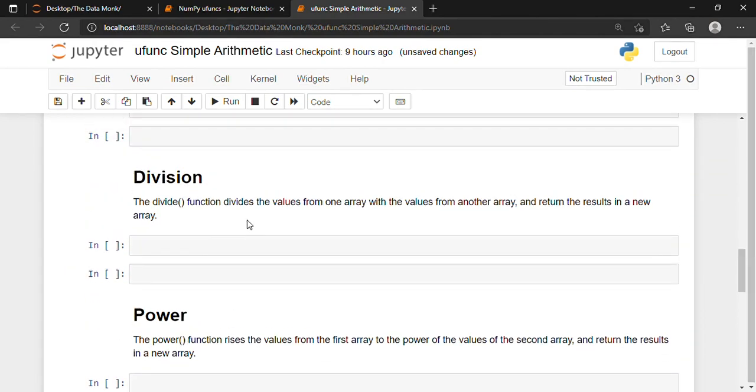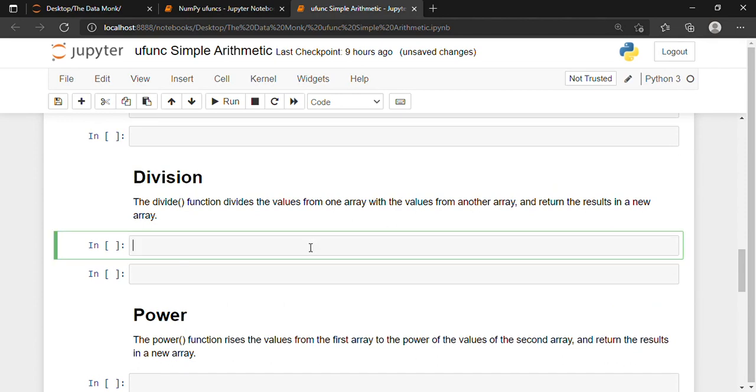Now moving on to division. The divide function divides the values from one array with the values from another array and returns the result in a new array. For division, let us take a different array.